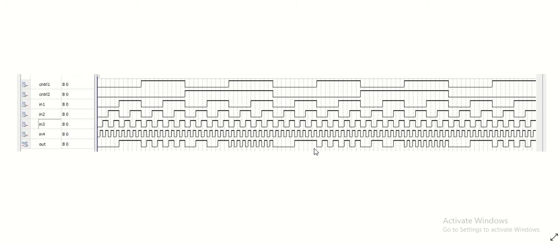And from the output waveform, if we want to verify, here we can verify the outputs. So for control 0 0, when the input is 1, the output is 1. When both controls are 0, NOT of control 1 and NOT of control 2 are 1. So 1 1, and then when input 1 is 1, so 1 1 1, when we AND them, our output is 1. So that one is shown at the output. Here you can see. So with this, the logic statement is also verified.